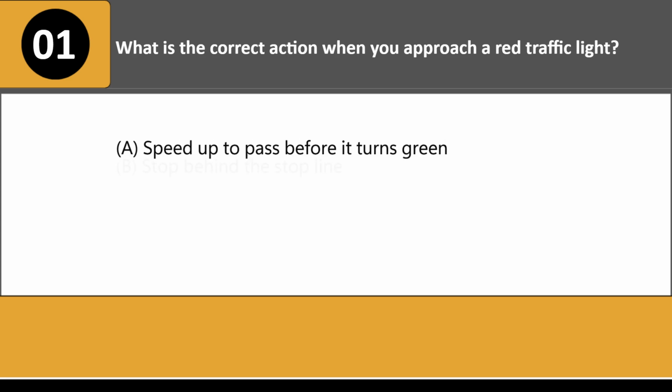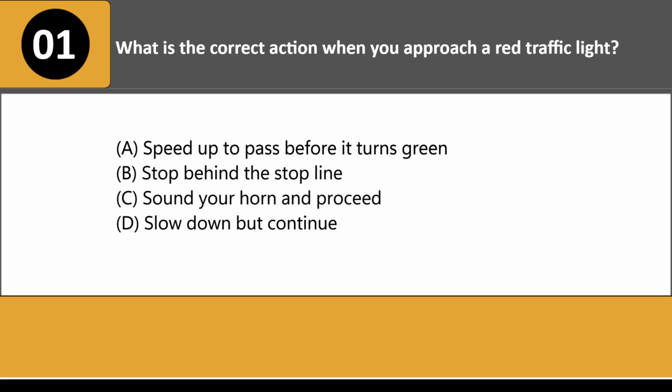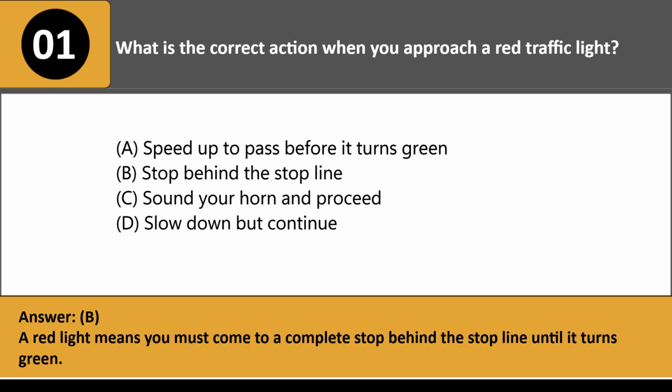What is the correct action when you approach a red traffic light? A. Speed up to pass before it turns green. B. Stop behind the stop line. C. Sound your horn and proceed. D. Slow down but continue. Answer B. A red light means you must come to a complete stop behind the stop line until it turns